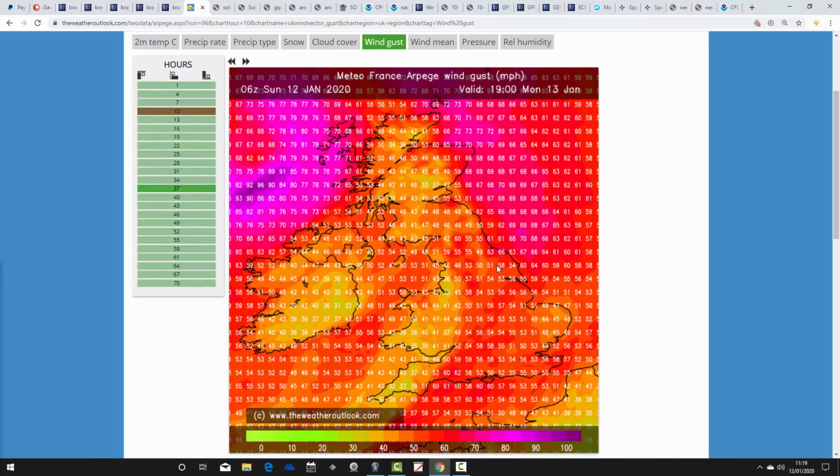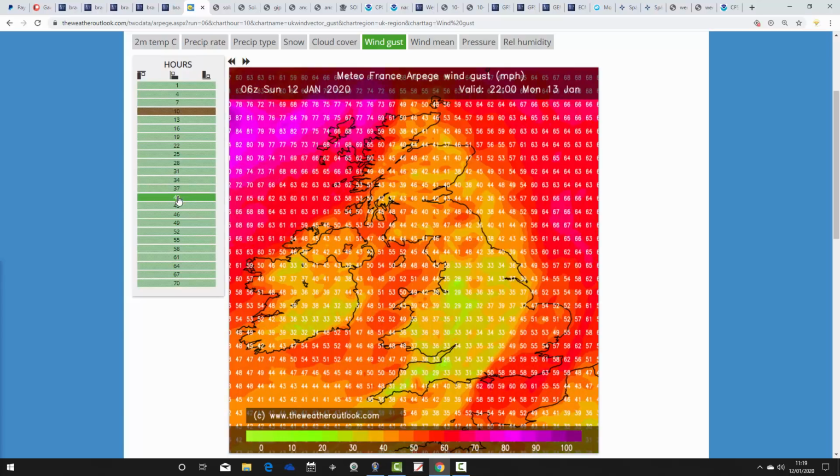That's very windy for inland areas. I would have thought gusts possibly go up to 60, maybe 70 miles an hour across some southern, southwestern parts of the country. Again, around Irish Sea coast, 80 mile an hour gusts possible. Towards the northwest of Scotland, it's actually forecasting 90 to near 100 mile an hour gusts. That's out at sea in the Atlantic, but that could give the far northwest of Scotland some very windy weather